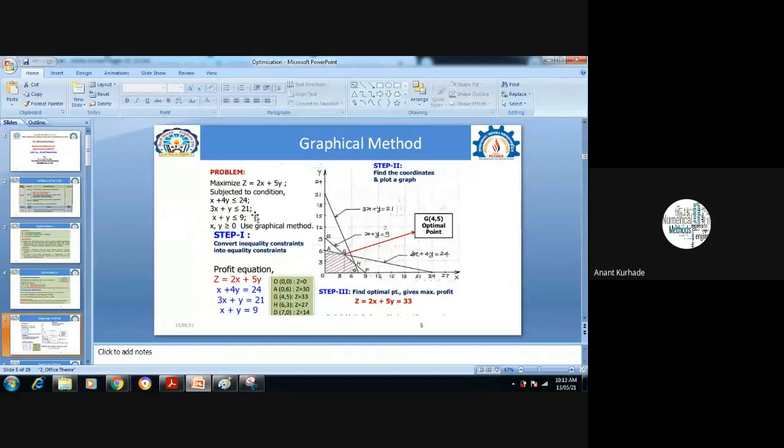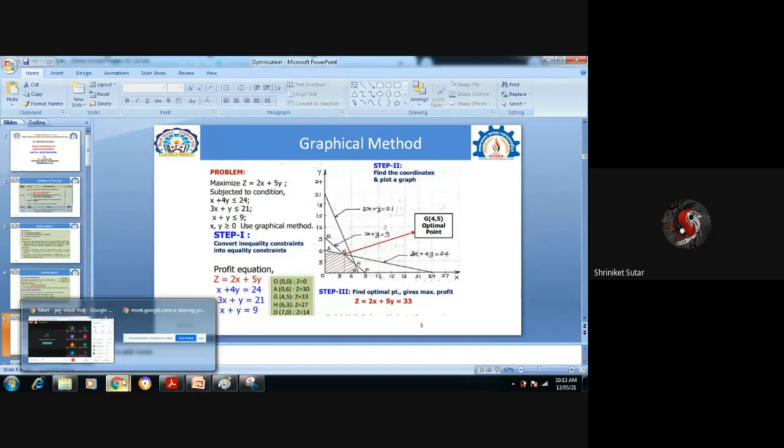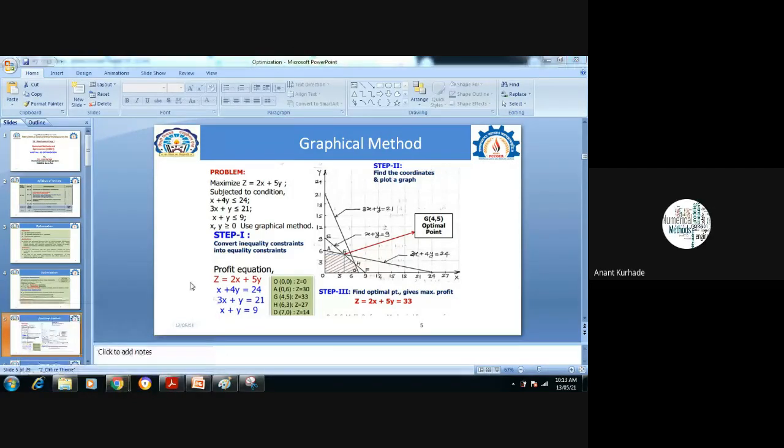Hello. Yes, where can you draw the feasible region? Very simple question. Downward. Downward, that means you can say below. Below, remember like this: L for less, L for lower. If it is less than, you can draw below. If it is greater than, you draw exactly the reverse, upward.